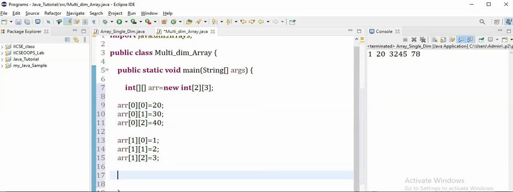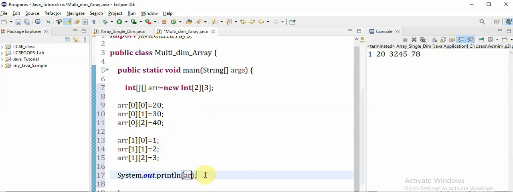Okay, so in the previous video we talked about how we can display the content of the data in many ways. So one way is, we can just specify the name of the array. If I just say the name of the array, we will not get the data. It will send some reference value.